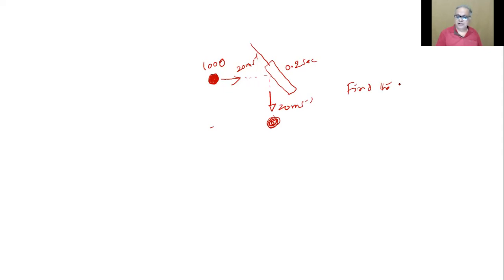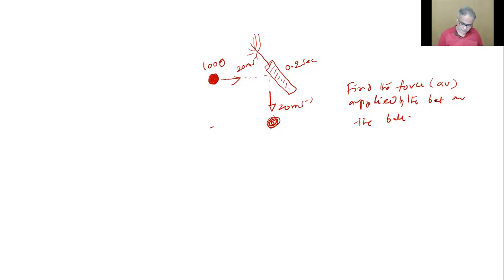The question may be, find the force, average force actually, applied by the bat on the ball. I'm not saying the batter. You know, the force is directly applied not by the person. It's applied by the bat. The bat is in touch with the ball. To develop that force, the fellow will apply some force on the bat where he has the grip. So when I said force applied by the bat, don't say no, the bat is not applying the force, the person is applying the force. Don't say that. Do you follow?